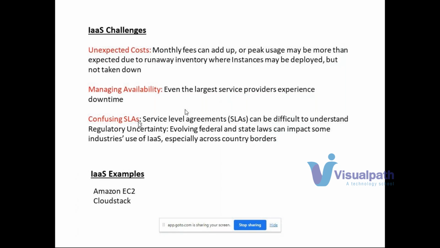Because we have managed applications, we have testing environment, we have DevOps. What all you will be using, how you will be using, will be added in your SLA. So that SLA a company should be able to understand. So some experienced person should go ahead and read the SLA,